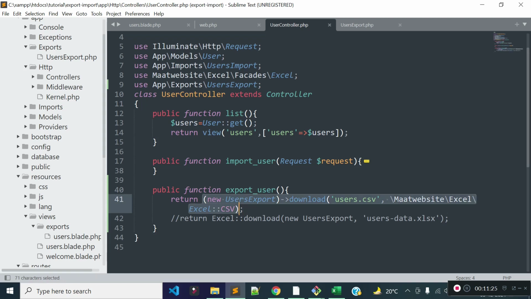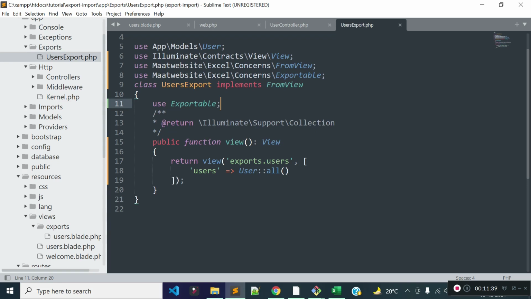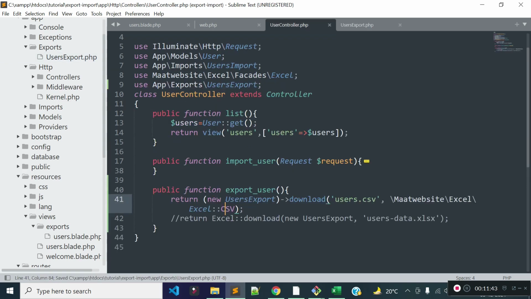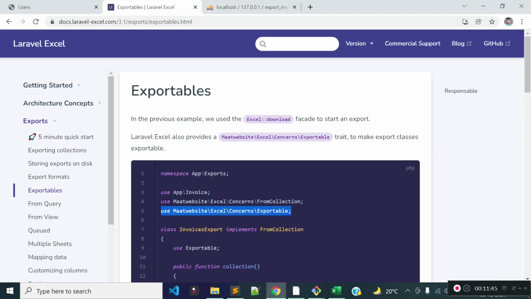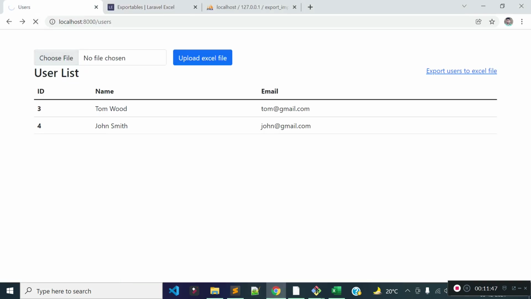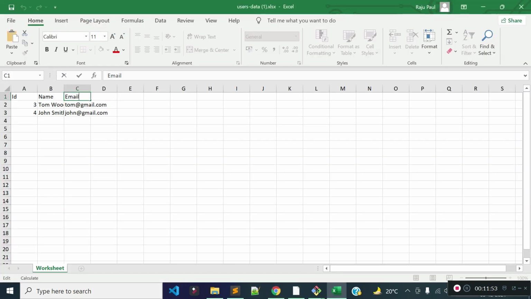If you remember, previously we generated the Excel file with the help of the Excel facade, but now we are generating the Excel file this way. That's why we need to use this Exportable trait inside our user export. Okay, now if I try to export the users, we have the users.csv file and we have user data here.